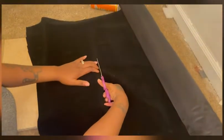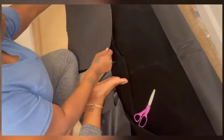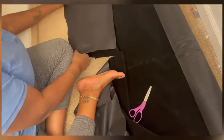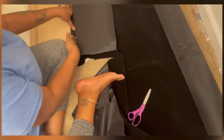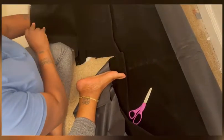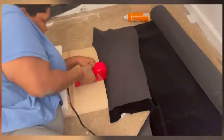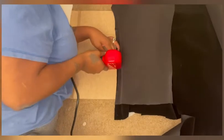See, I cut the fabric to the same size as the first one I did. See right there? I laid it the opposite way. This is why I say start in the middle. Lay it the opposite way and staple it. See with my fingers so I can flip it over. That's why I say start in the middle so it can be seamless. Then, like I said,